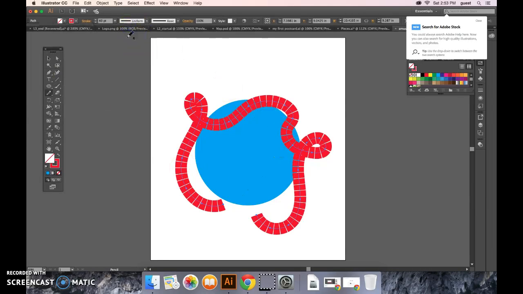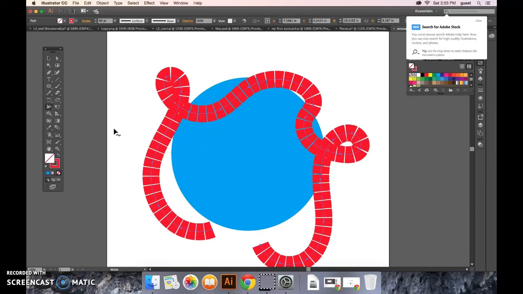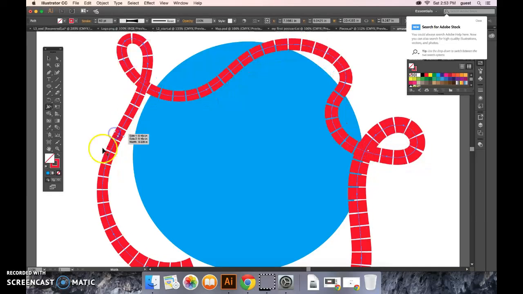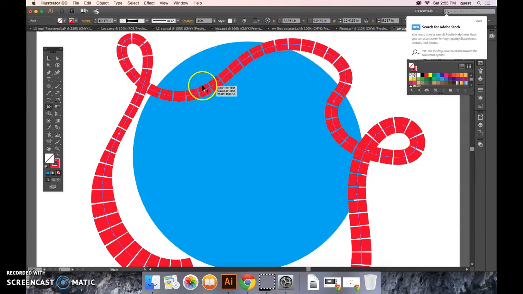The next thing we're going to do is go to this tool called the width tool, and this is a pretty cool operation. In fact, I'm going to zoom in here a little bit so you can kind of see what's going on. But watch what happens when I take the width tool and I come in from the edges. It makes it very narrow. I can also pull out and make it wider. So I can have lots of kind of fun